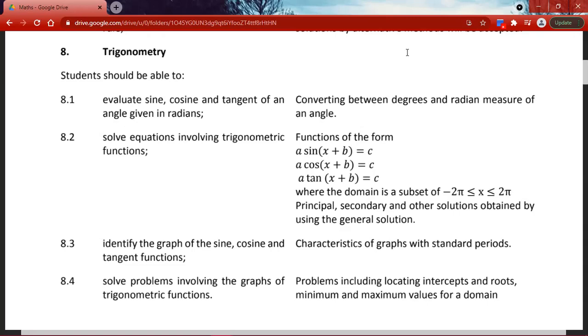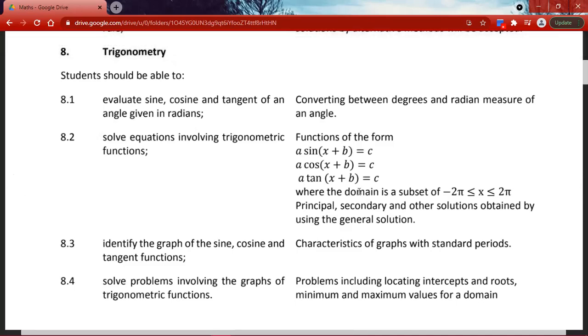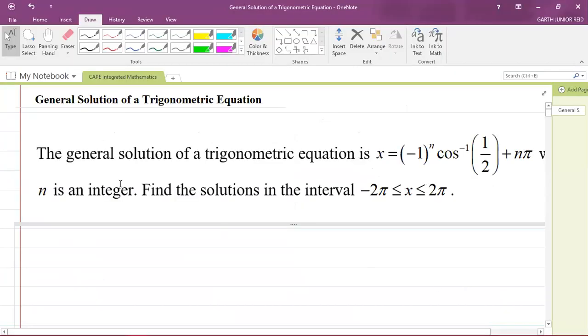All right, so let's go back to our screen. I thought about a question that they can bring in the exam for the general solution, and I found a perfect question that they could bring, which is the one that I have on screen here. So the question says